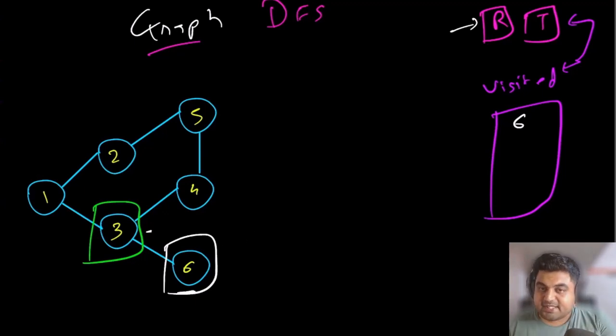Now since node number 6 does not have any other neighbors, the only neighbor it has is node number 3, but since node number 3 is where we started visiting, it is already marked as currently visiting. So we are not going to go back to node number 3, and now we are going to mark node number 6 as visited. This is the terminating condition for a node to be considered as visited: that we have taken care of every single neighbor for that particular node.